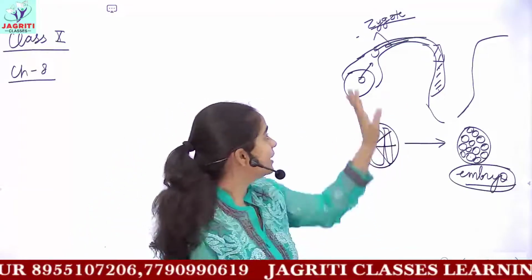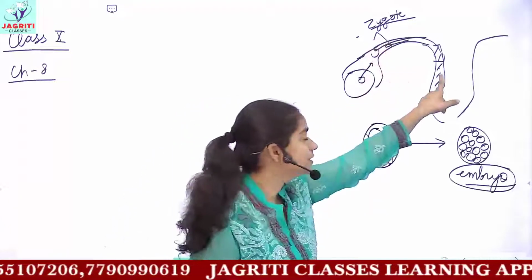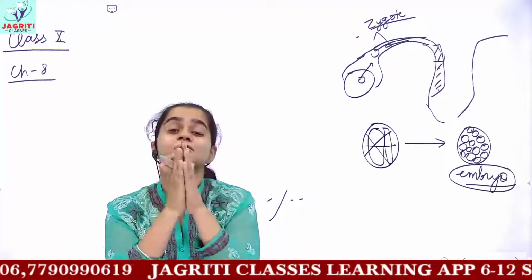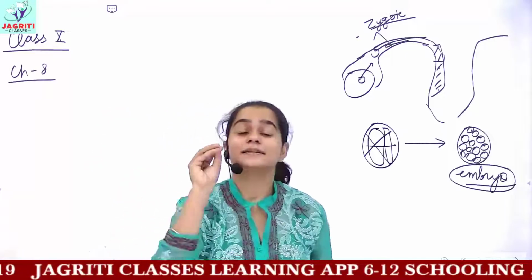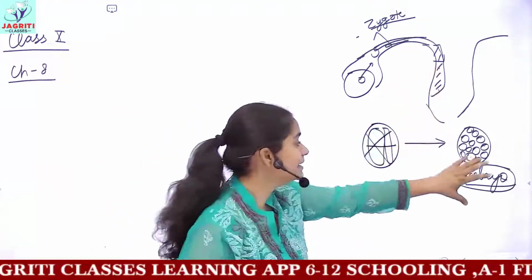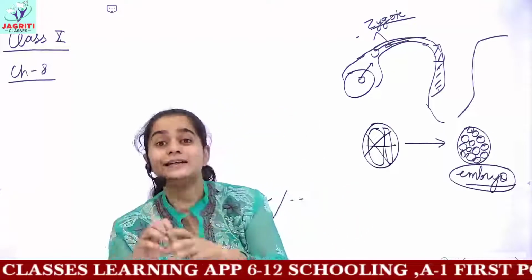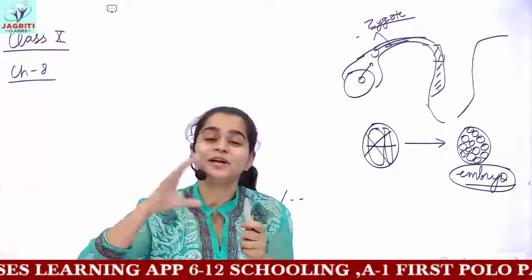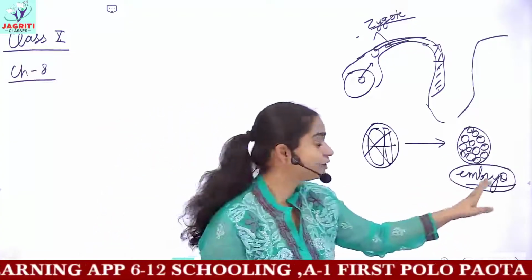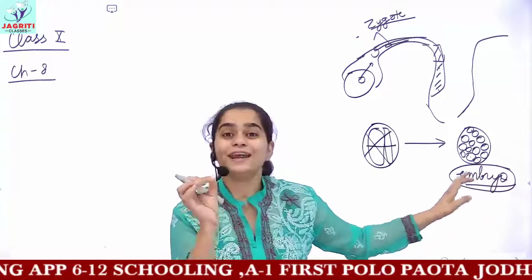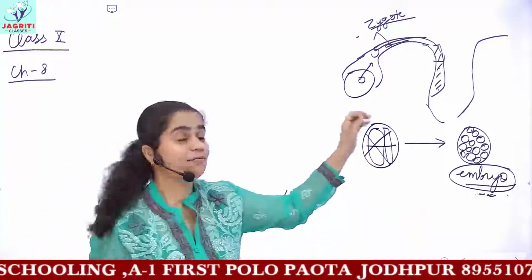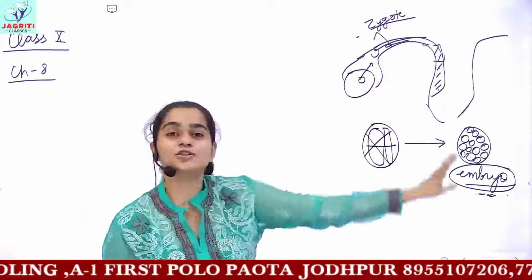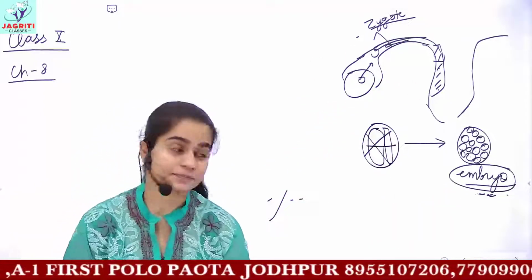When fertilization occurs, the uterus thickens its muscular walls and they get filled with blood. This blood is required so that the uterus can easily hold the embryo inside it and provide nourishment to the embryo. After a period of 8 to 9 months, the matured embryo, that is the child, is given birth. So this is the process of reproduction in humans.